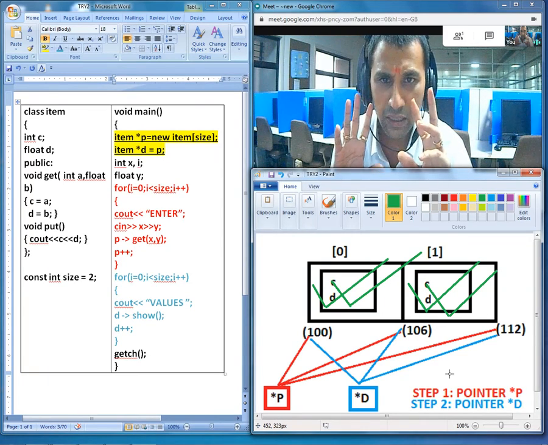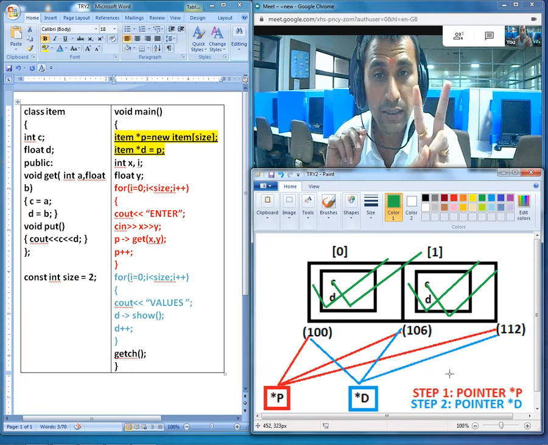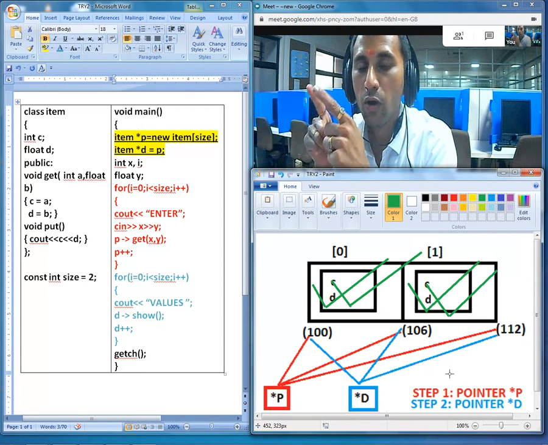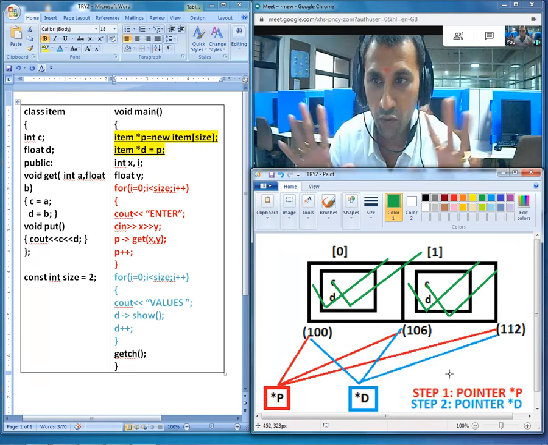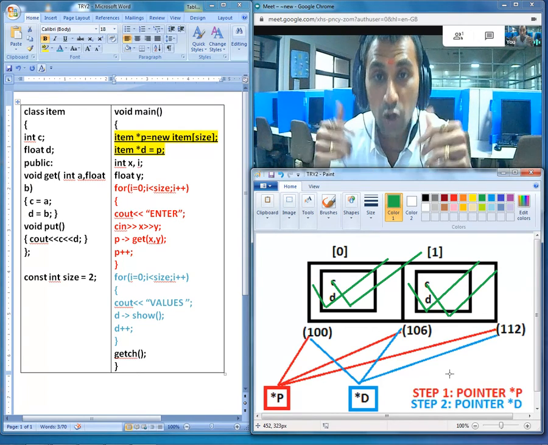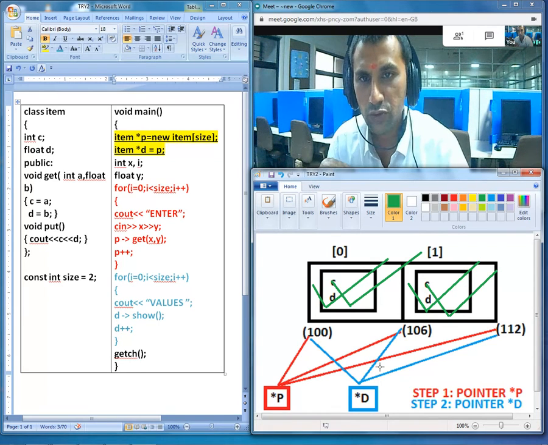That means we can decrement *p and *d 2 times, and both the pointers will be back pointing at the starting of the block, at location 100. Hopefully the entire concept of pointers to objects is quite clear to you, everyone. Thank you.